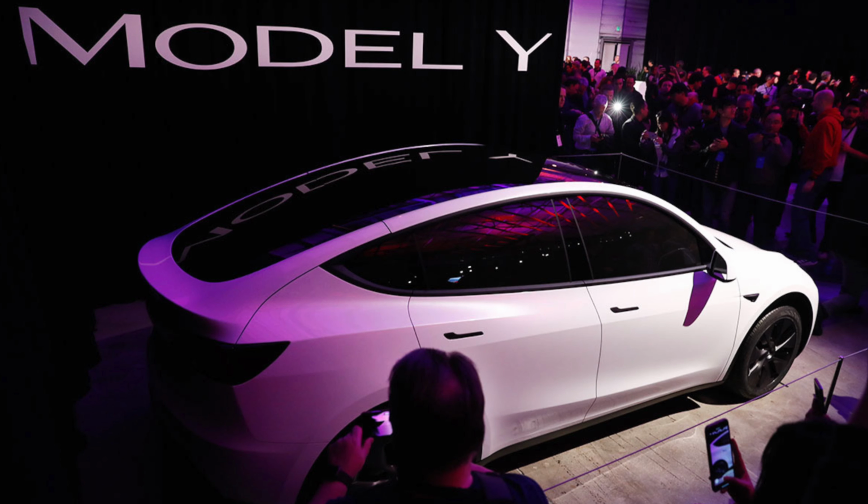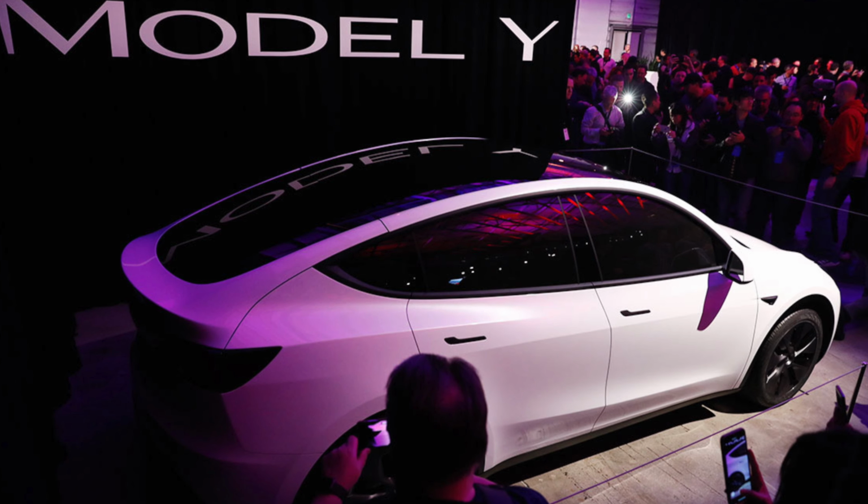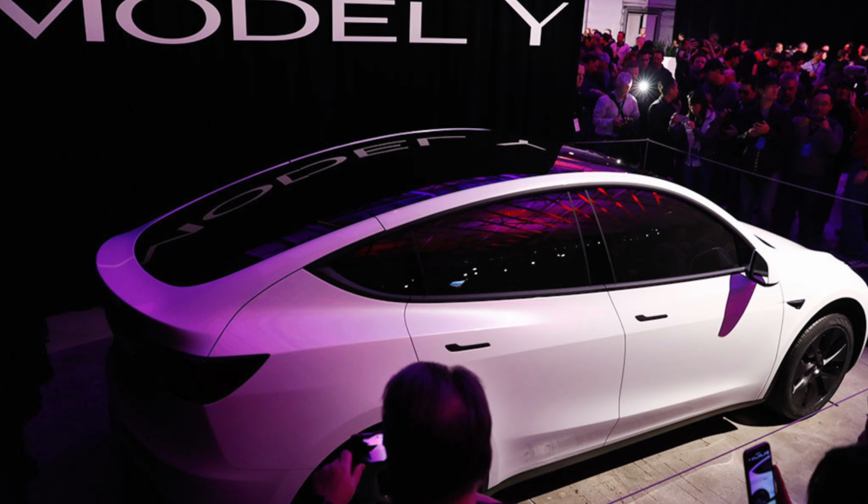You can get SUV versus sedan. Even though both are going to sit the same number of people, the Model Y is going to have way more cargo space both in the front and in the back, especially if you're one of those people that likes to lay down the back seats, maybe lay a mattress down there for road trips and stuff like that. Model 3 is going to make that more inconvenient given it's not a hatchback,